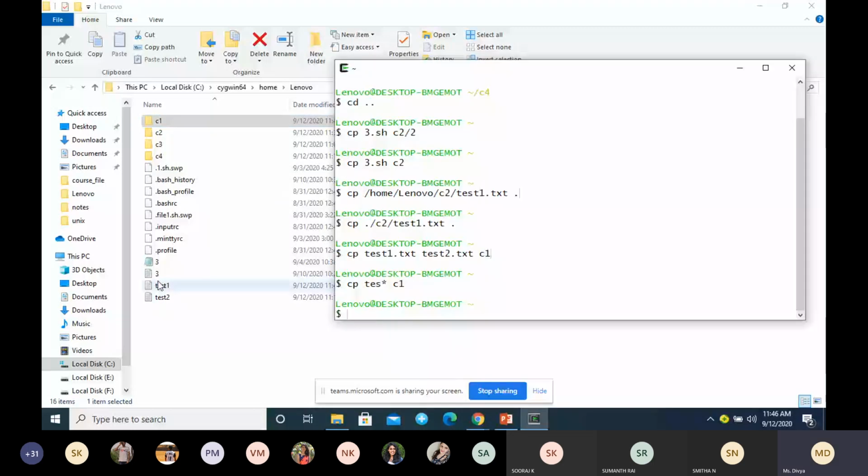I use cp with the option -i, interactive copy, and I type test1.txt test2.txt. I want to copy the content of test1 to test2 with the option -i. So here the command is cp, the option is -i, and these two are the arguments. This is the command structure. Now when I press enter,